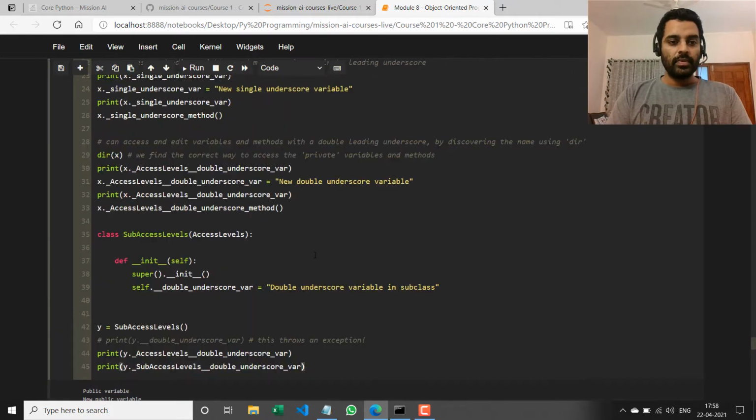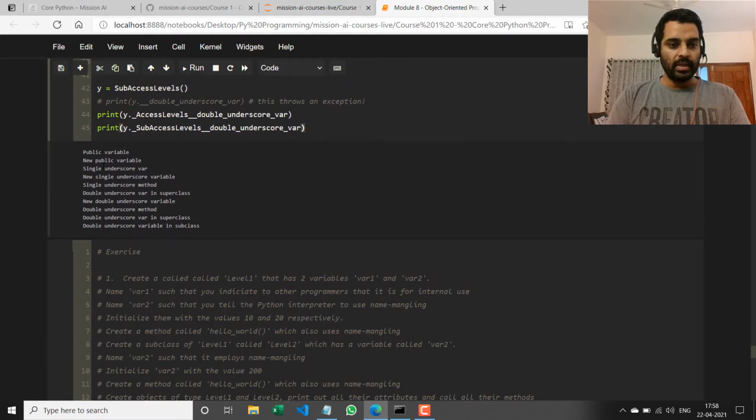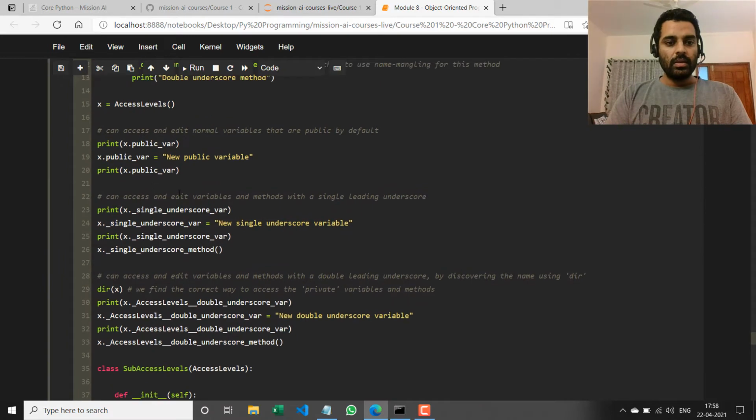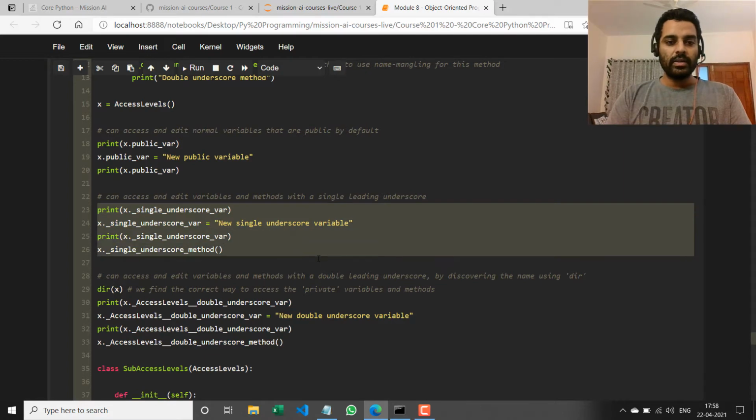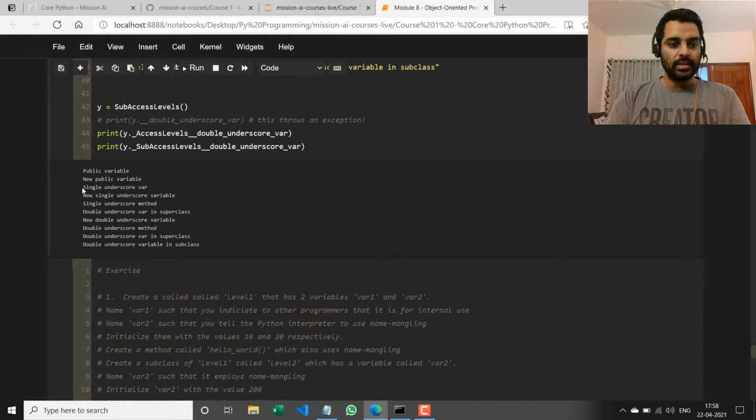Here we go. The first print statement gives us public var, then we change its value and we get the new value of public var. These two things. Now the next set of print statements gives you the single underscore variable, the new value, and also the single underscore method output, which is these three things.